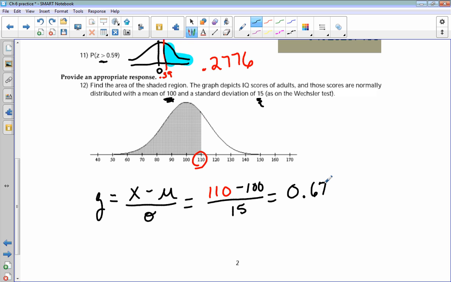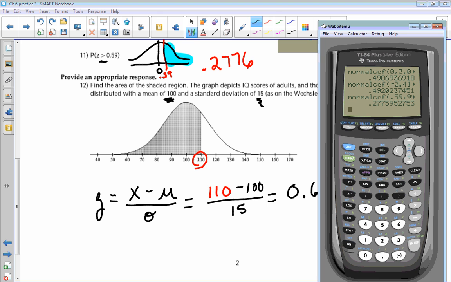0.67 is my z. Again, I could go to my table and find the area under the curve to z being 0.67, and I can do that because now I have standardized my scores. I have put them in the standard z-score equivalent. I can also go to my calculator